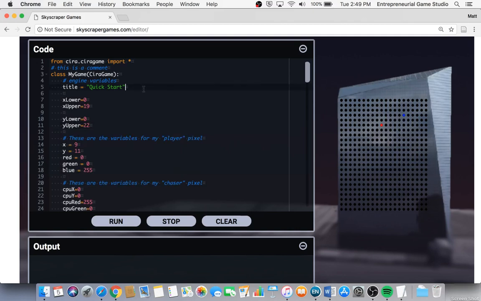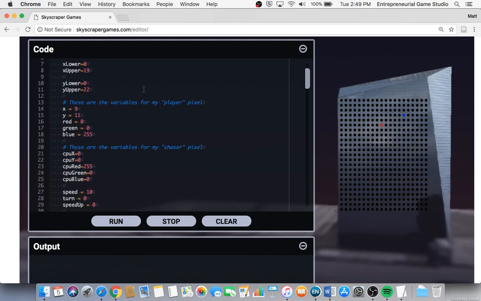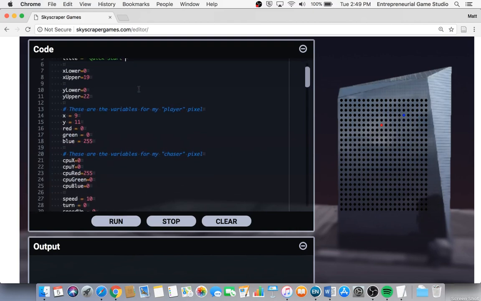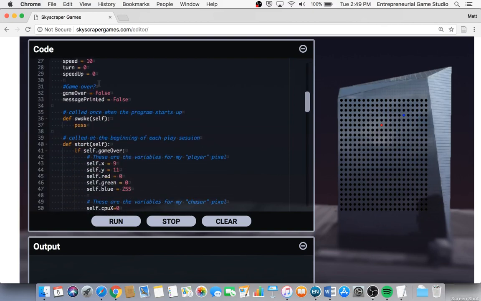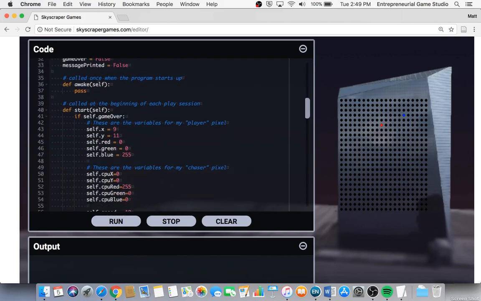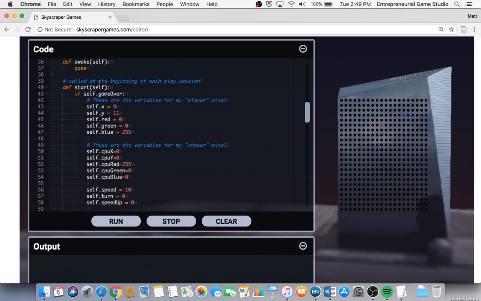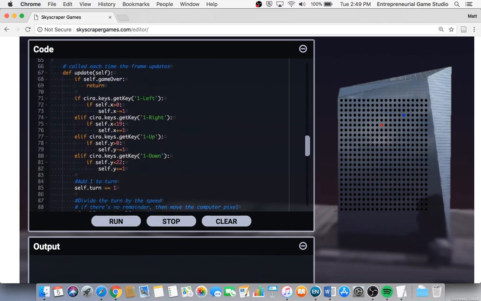And this will just let me change where I've hard-coded these values in to check for going off the screen, so that if I was playing it on a different skyscraper, or if those parameters changed for some reason, I wouldn't have to change a